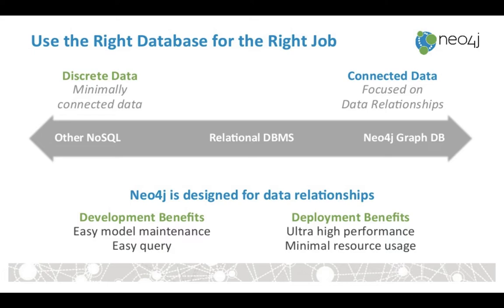When we talk about discrete data, the unstructured, semi-structured kind of data, we go for NoSQL. And when we talk about relationship data, then we go for connected database. And the leader in the connected database or graph database ecosystem now, it's